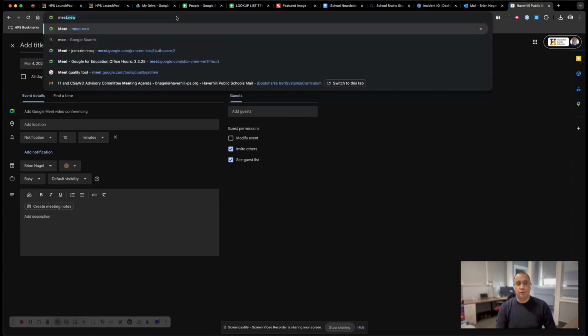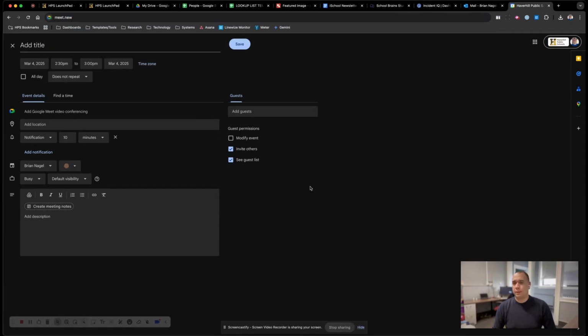It works for Google Meet too. So if you do meet.new, it'll start an instant meeting. It's already live and you can invite people and join in right away. So some really interesting ways of navigating in Chrome that can hopefully be a leg up to make some things